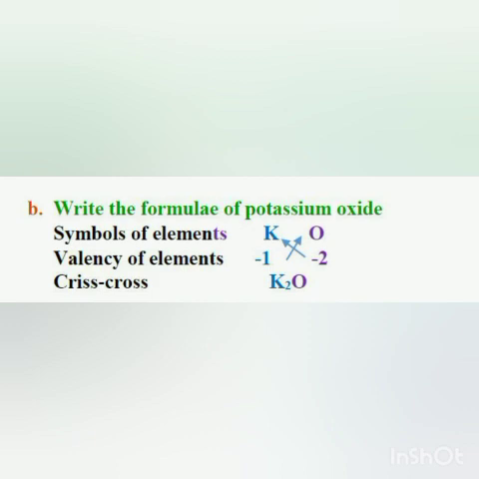Now see question number 4. The valencies of two elements A and B are given below. The valency of A is 3 plus and the valency of B is 2 plus. Okay, children, we can write plus 3 also. We can write plus before and also after, and we can write minus before the element and also after the element. Both ways are correct. In earlier times the sign was written before the element, but now it is written after the element. But both ways are correct. So these are the valencies of the two elements A and B.